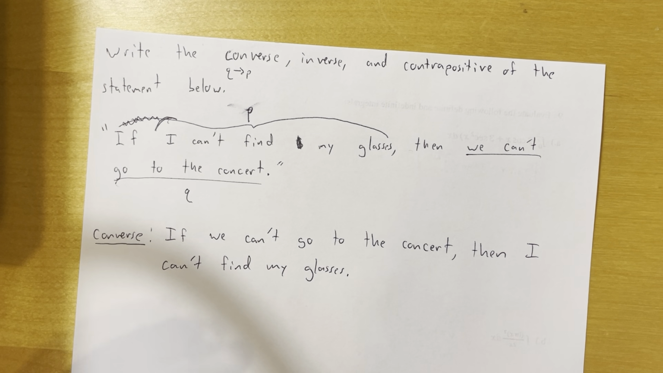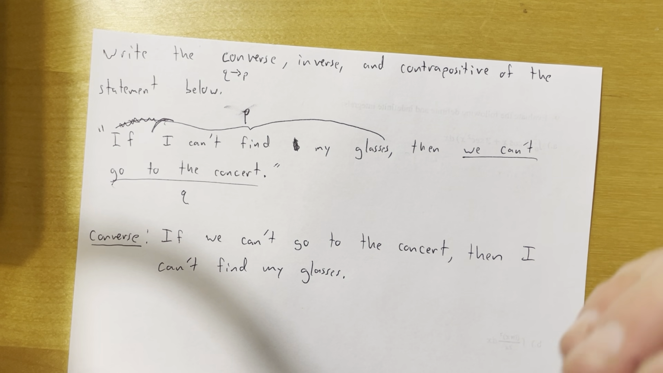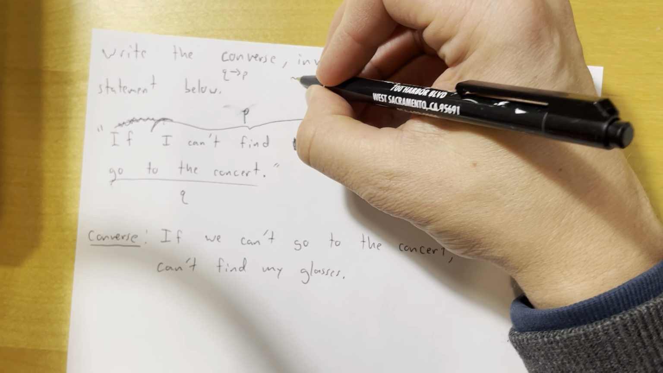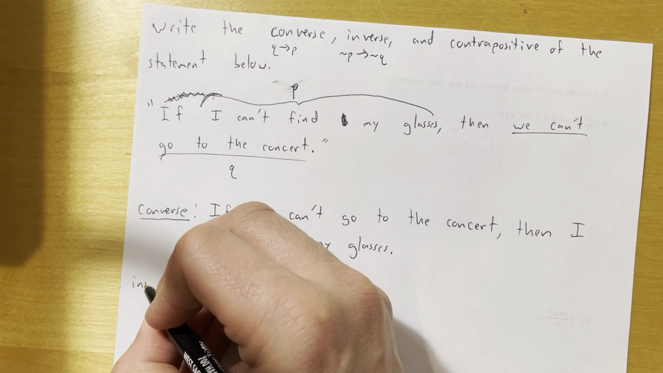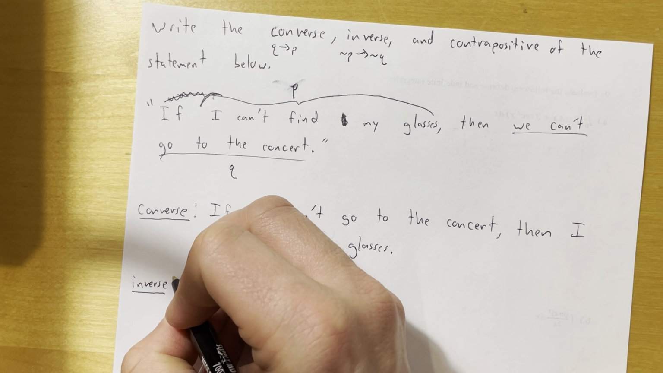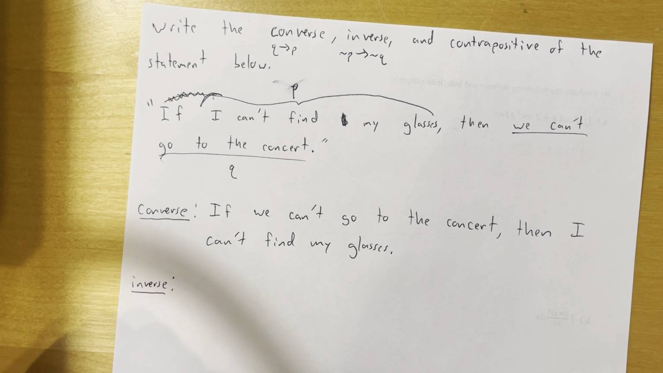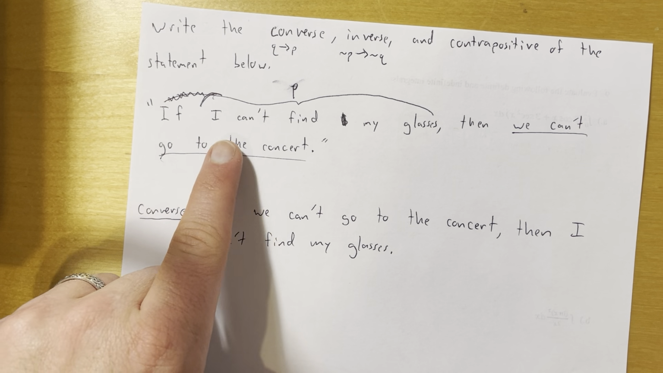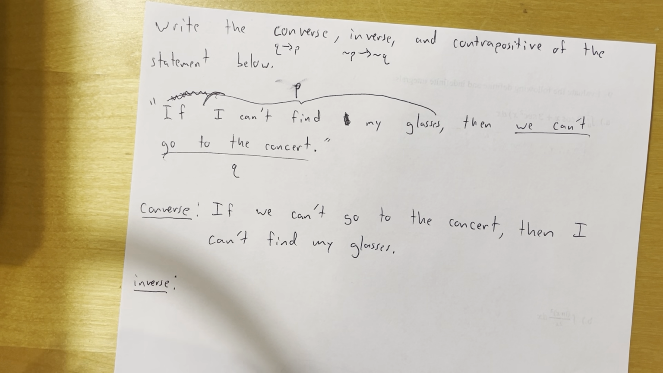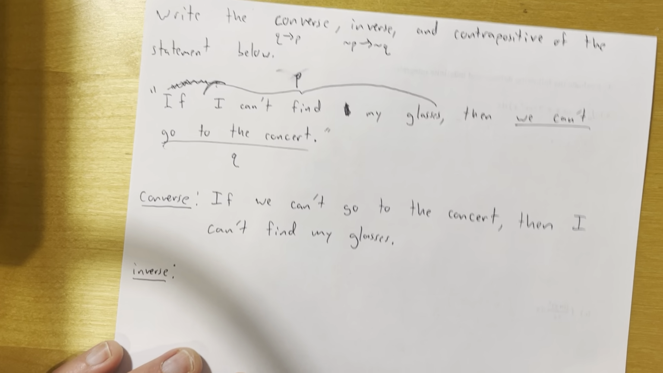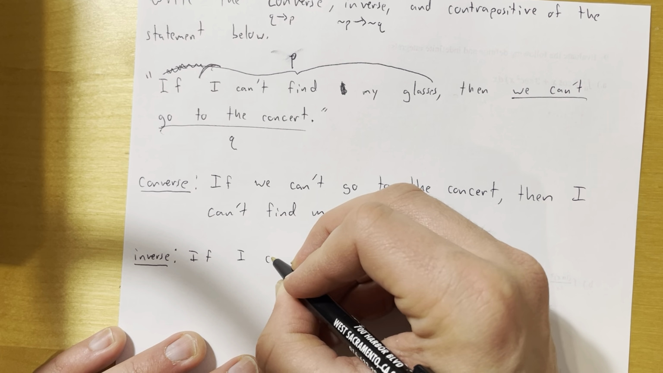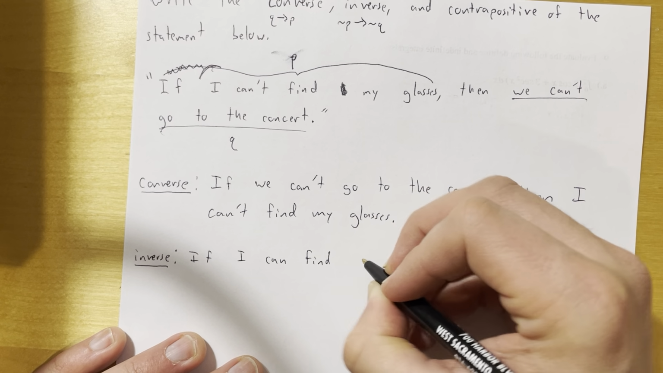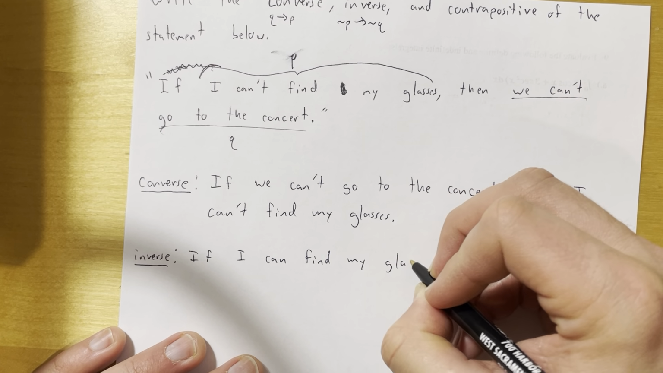Inverse is the next one. Inverse does not switch P and Q, but it negates both of them. It becomes not P implies not Q. So the inverse keeps P and Q where they are, but then it negates them. So what is the negation of I can't find my glasses? Well, the negation would be I can find my glasses. The can't becomes a can. So if I can find my glasses,